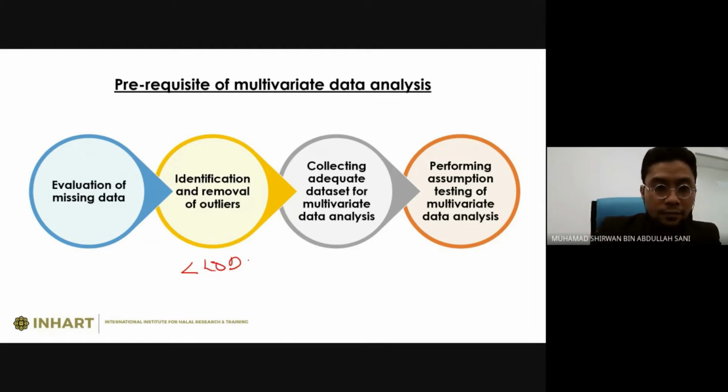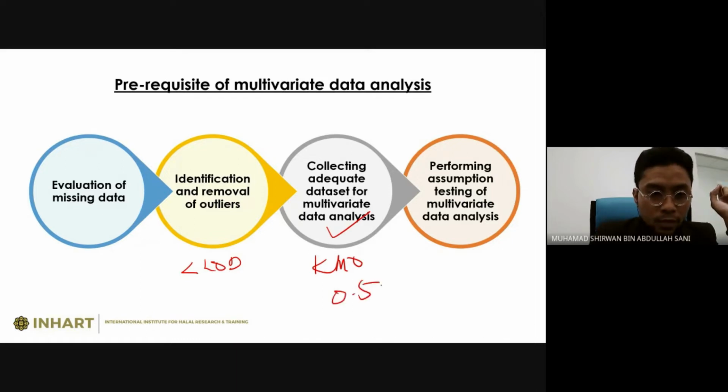Collecting an adequate data set for multivariate data analysis. We also use the KMO test, the Kaiser-Meyer-Olkin test. If the value is more than 0.5, this indicates that the data is enough for multivariate data analysis, but the ideal one is if we can get up to 0.9. And then the last one, we conduct performing assumption tests of multivariate data analysis, where we try to